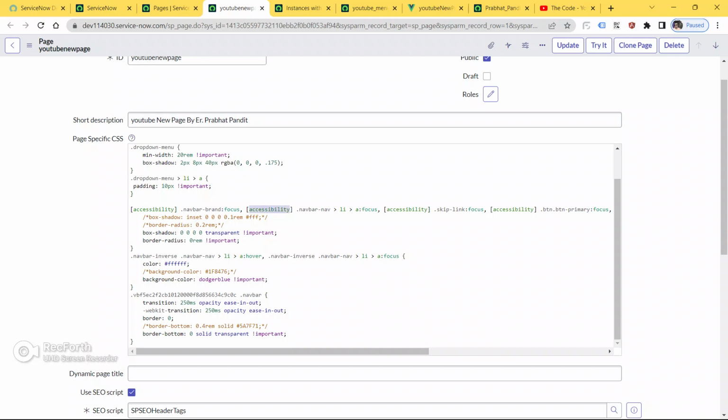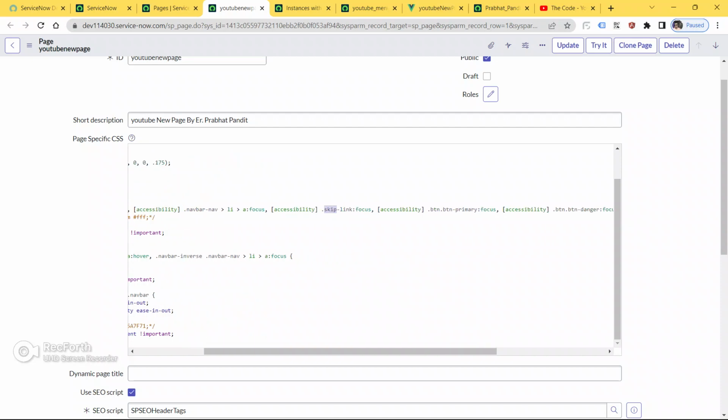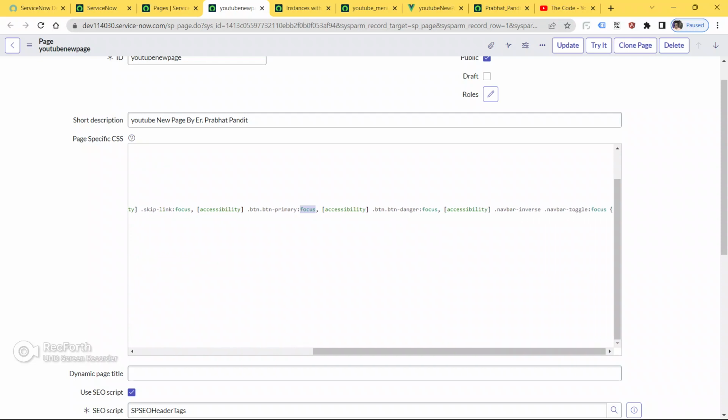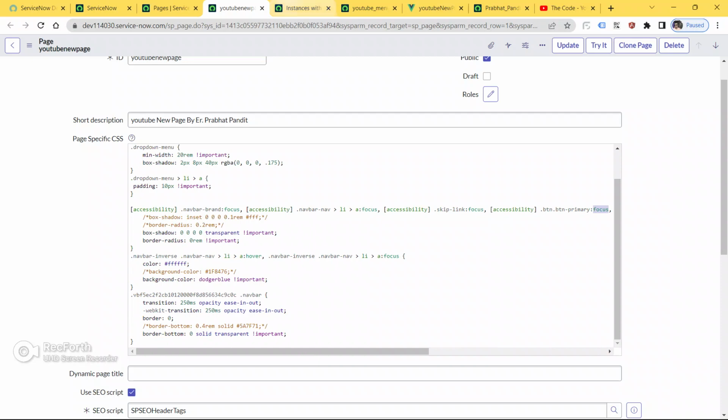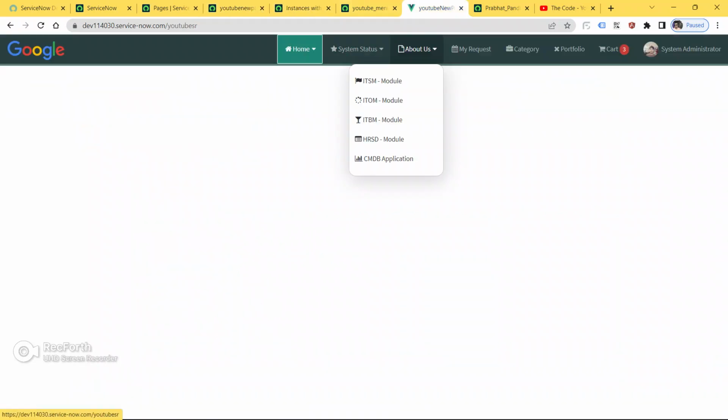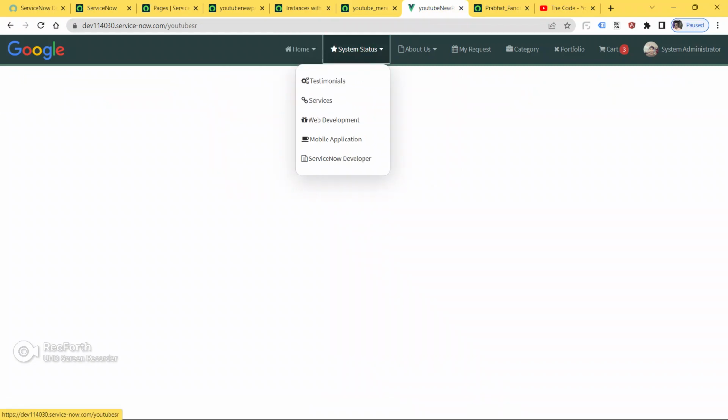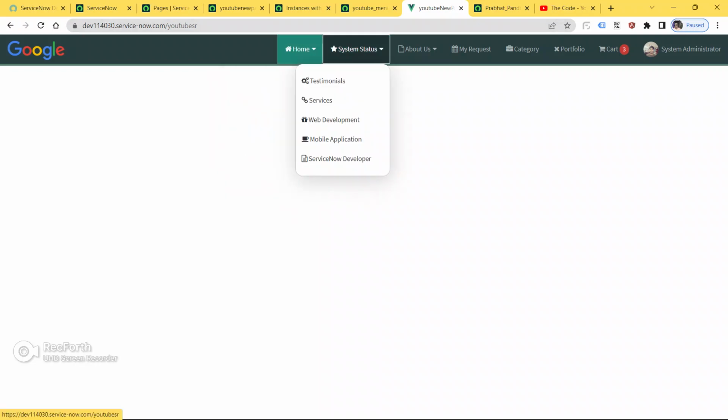As you can see: navbar colon focus, accessibility navbar li a colon focus, skip link dot focus, button primary dot focus, button primary danger dot focus, navbar-inverse navbar-toggle focus. Whenever this navbar gets some kind of focus, or click, it is going to change this white outline and change the background color also.